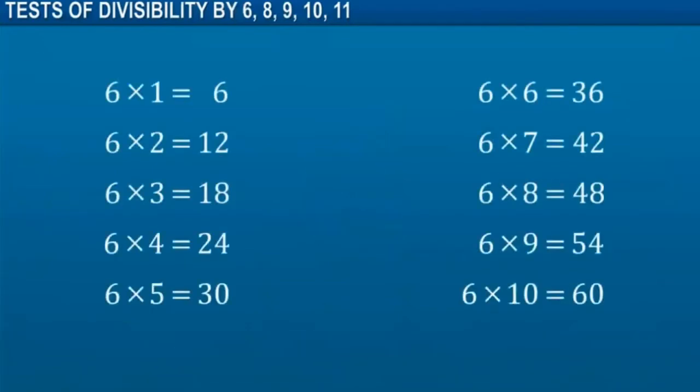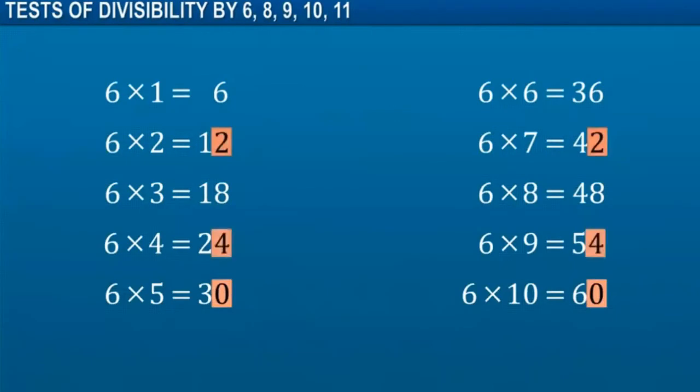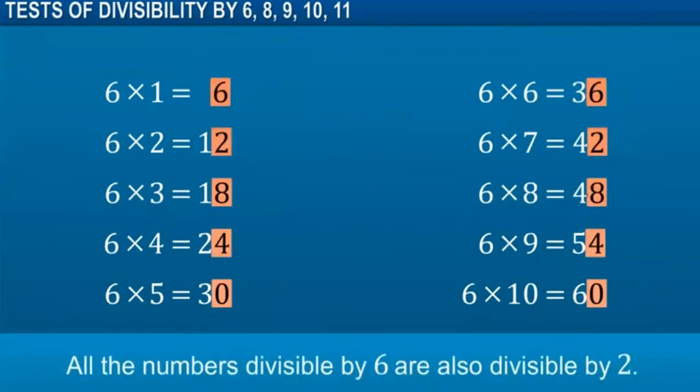Here is the multiplication table of 6. Note that all the multiples of 6 have 0, 2, 4, 6 or 8 in their ones place. Thus, all the numbers divisible by 6 are also divisible by 2. Okay, so here divisibility by 6. If you just see that multiplication table of 6, you can see that the last digits of the numbers,